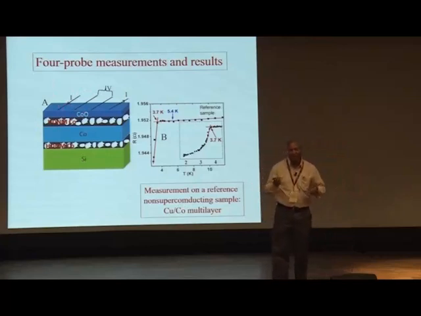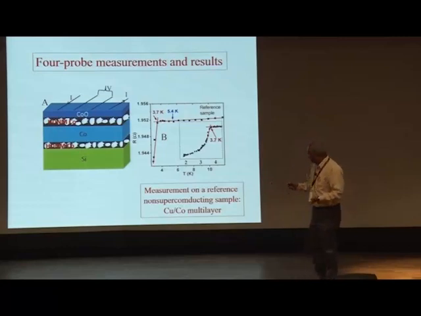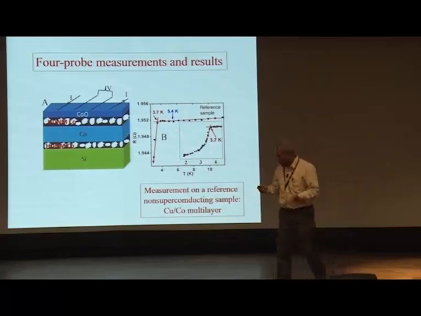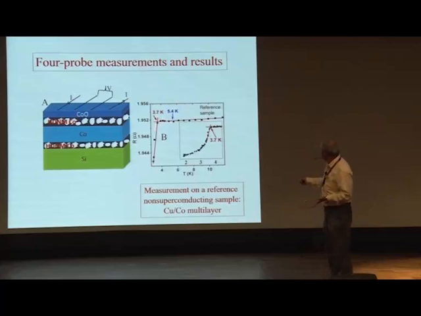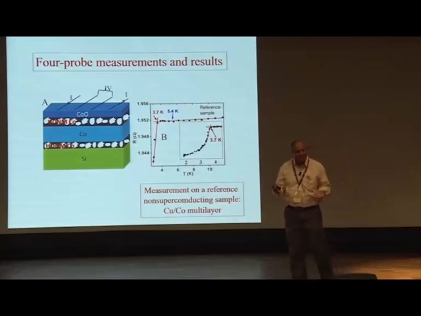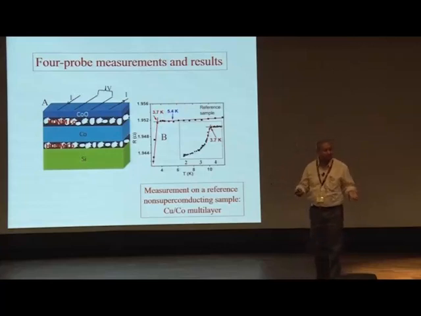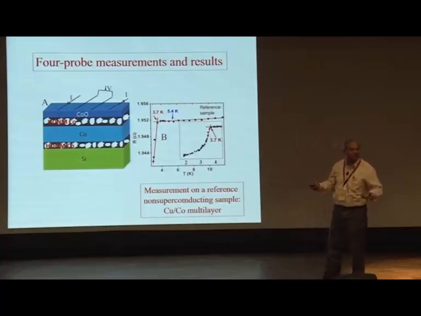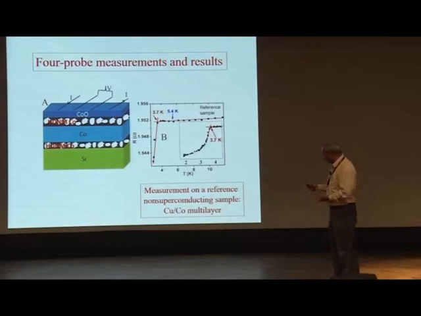So we used indium silver paint, and indium is a superconductor, we know. So first we tested it on a normal material. This is on a cobalt copper cobalt multilayer, which is not superconducting. And there we find a superconducting transition at about 3 K, and this is coming from indium. So we know that this feature we won't be able to avoid as long as we are using a contact material which is indium silver.